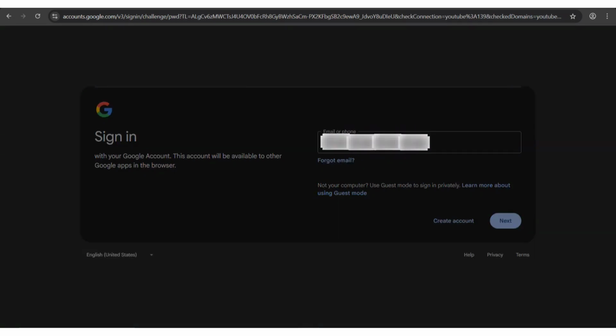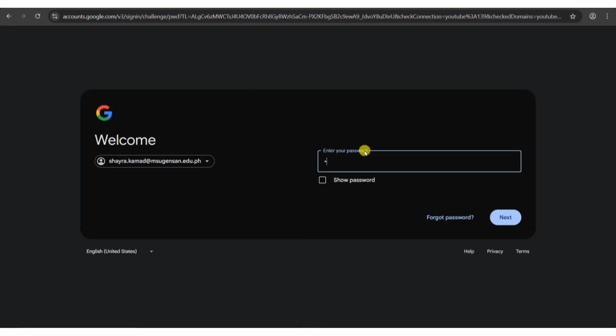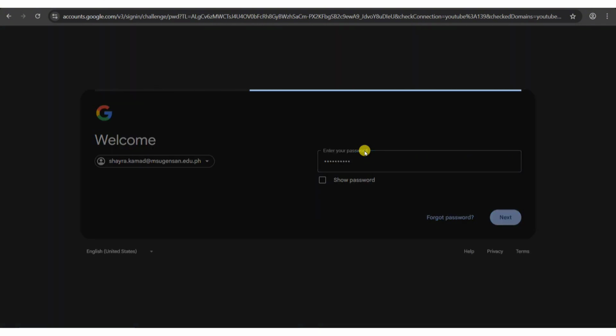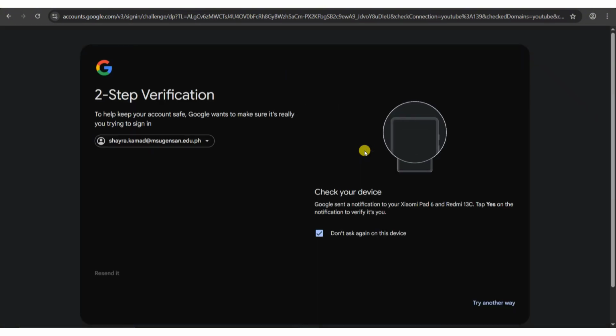Now in here, you need to enter your password. So make sure that you enter the correct password before you proceed. So click on next. And then once you're in, if you have two-step verification enabled, you need to confirm your